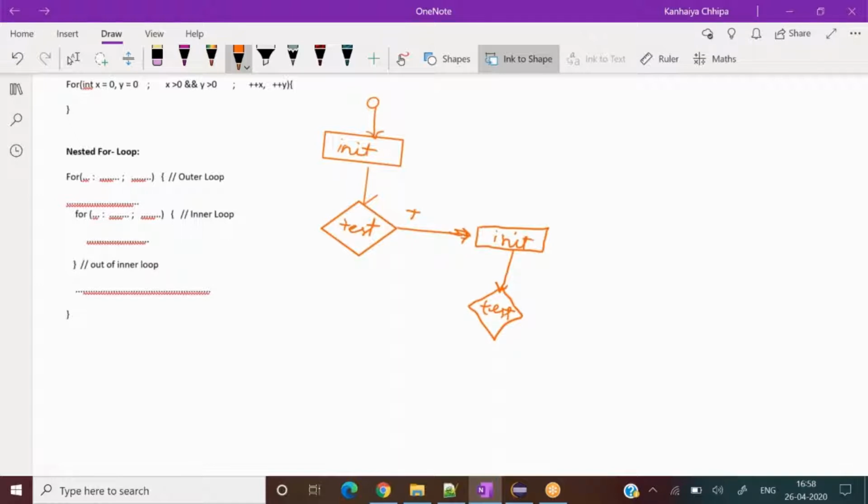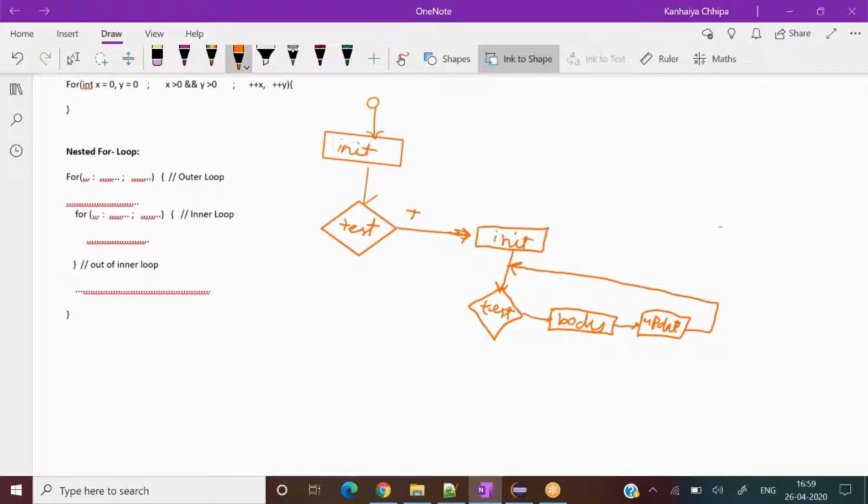Okay, and after test the body part will come, and after the body, the update part for the inner loop, and then it goes back to the test. So this is the structure of the inner loop for us.